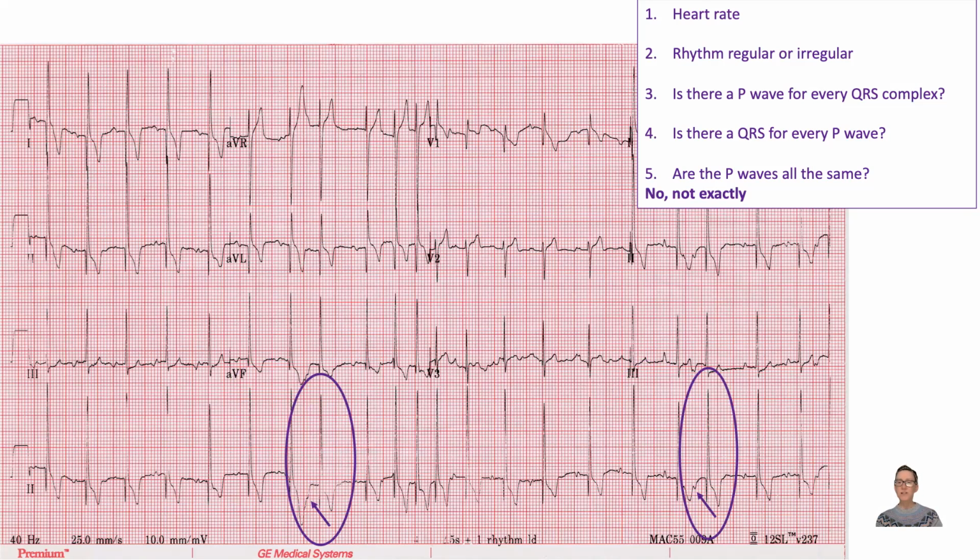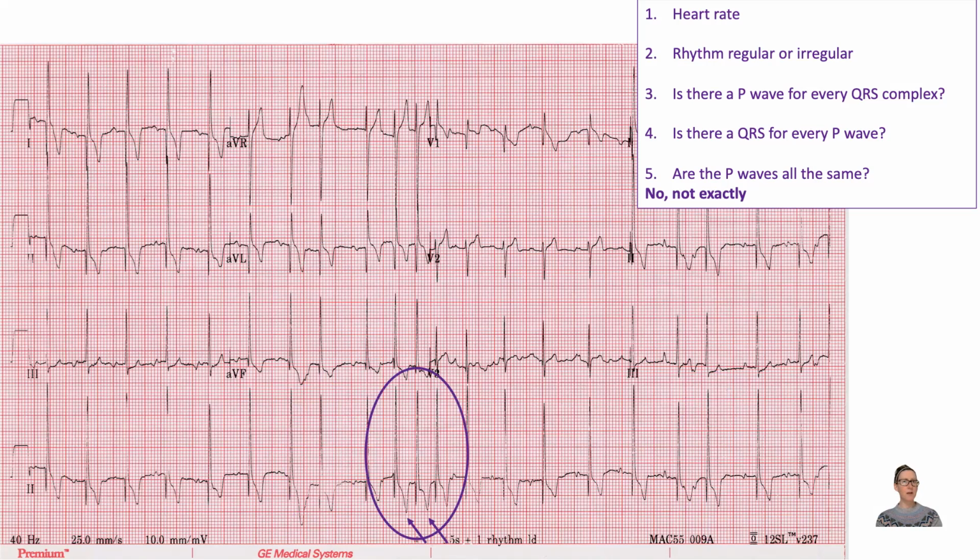So here I've pointed out with the arrows that on the heels of the T wave of the preceding beat, I think there might actually be a little extra negative deflection that could represent the P wave for these early beats. And if that's the case, then these P waves actually look quite different than the positive P waves on the other beats. And yet again, for this collection of early beats here in the center, I don't see obvious P